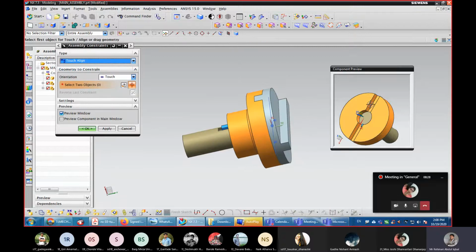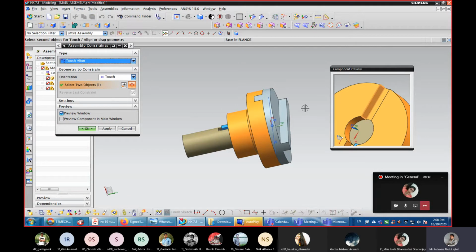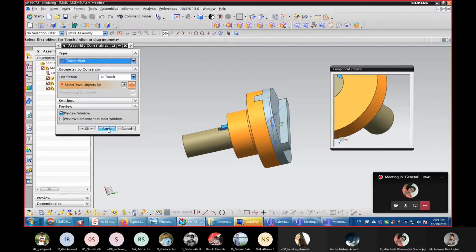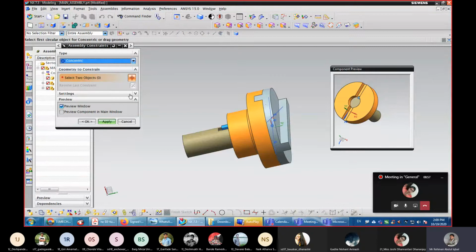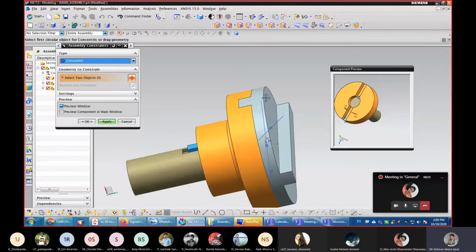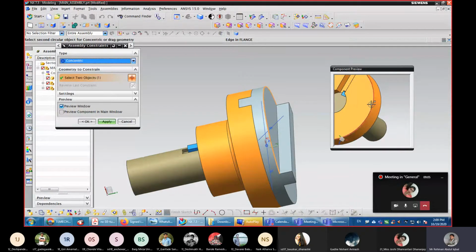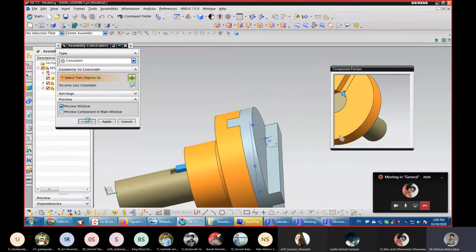Same thing, this slot and this face should be matched. Select this slot face and this face, click apply. Next, these two outer curves should be matched. So go to concentric and select this outer curve and this outer curve, click OK.